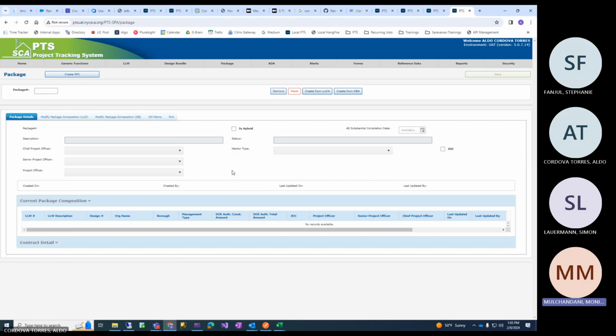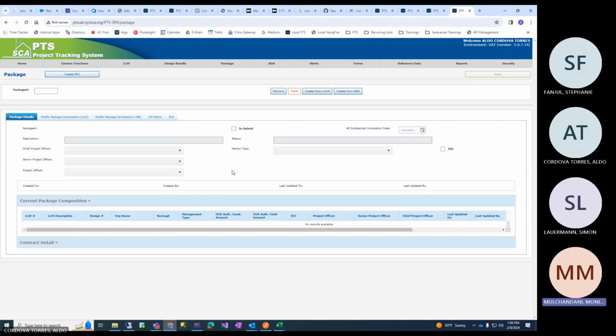So that's where this concept comes into play, where the same design bundle number becomes the package number, but they're two individually stored attributes. So the package number in the table has the same D number and the design bundle has the same. Most of the other teams sometimes get confused, like VAS the other day. They didn't even have a package, but because this is not clear, they thought that's the package number, because at one point when the package existed, it existed with the same number based on this concept. So this is one thing which is important to understand.